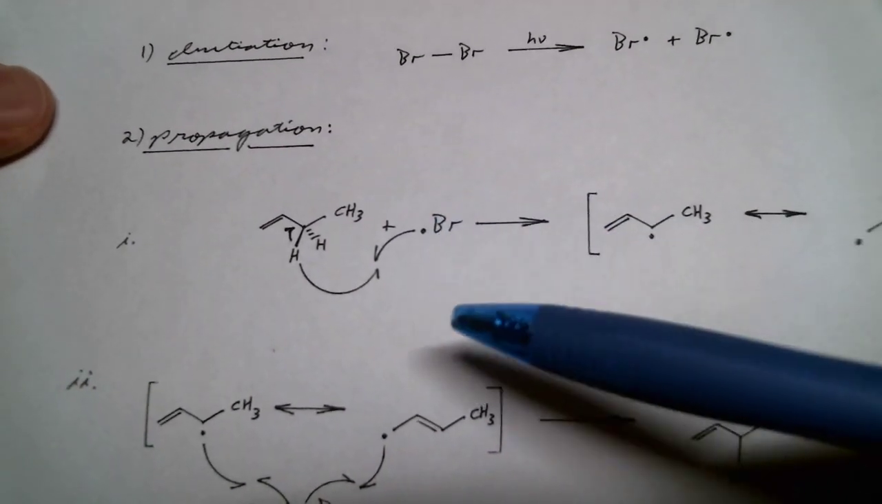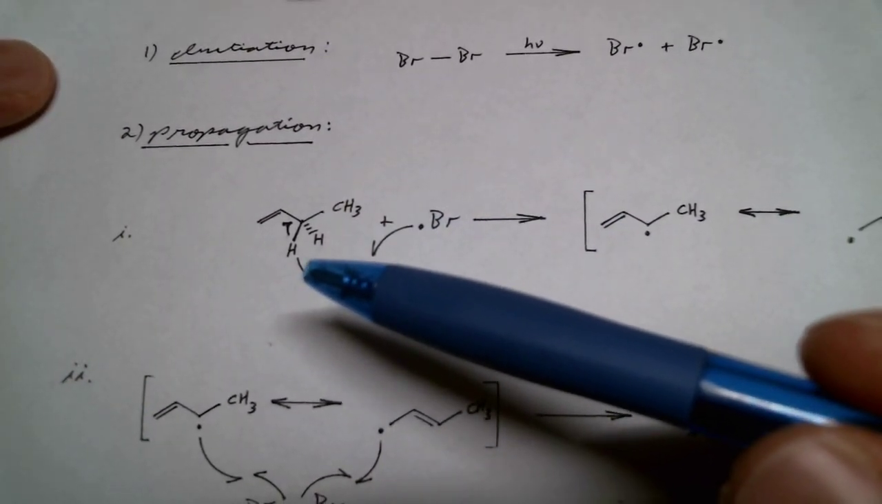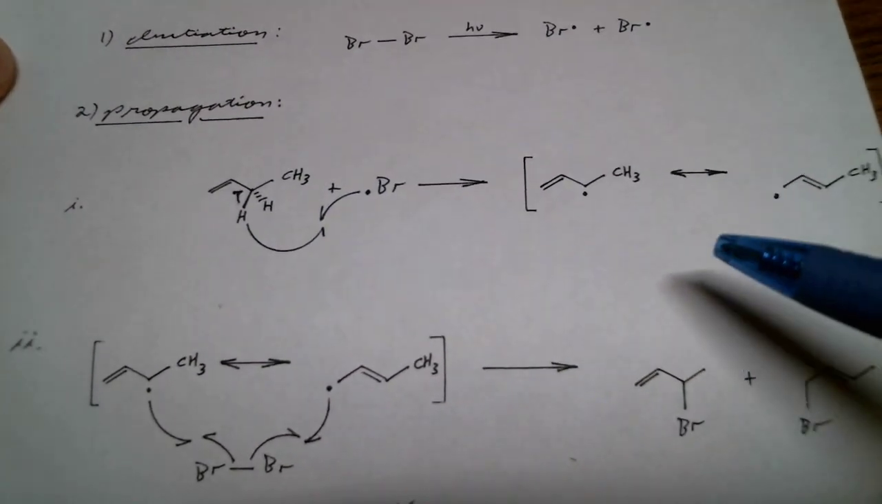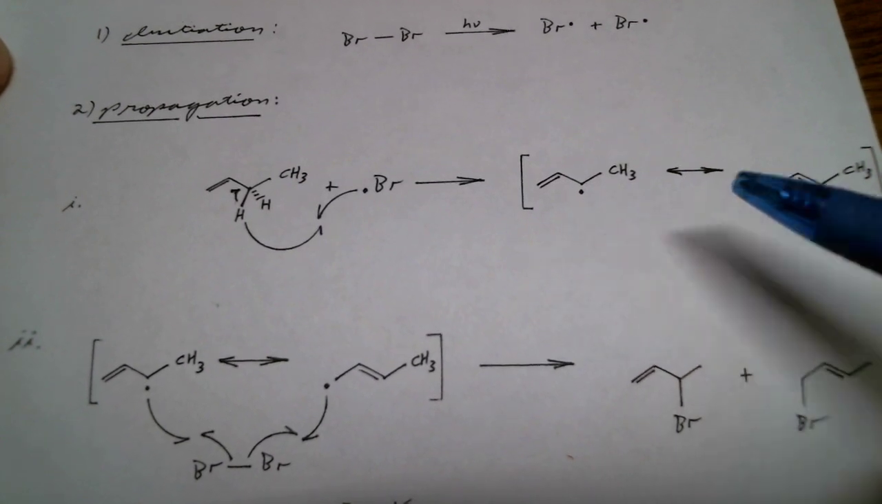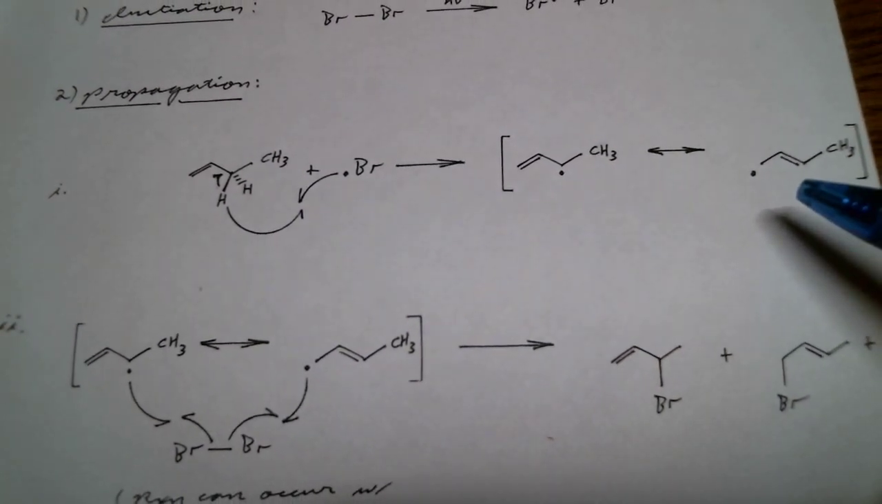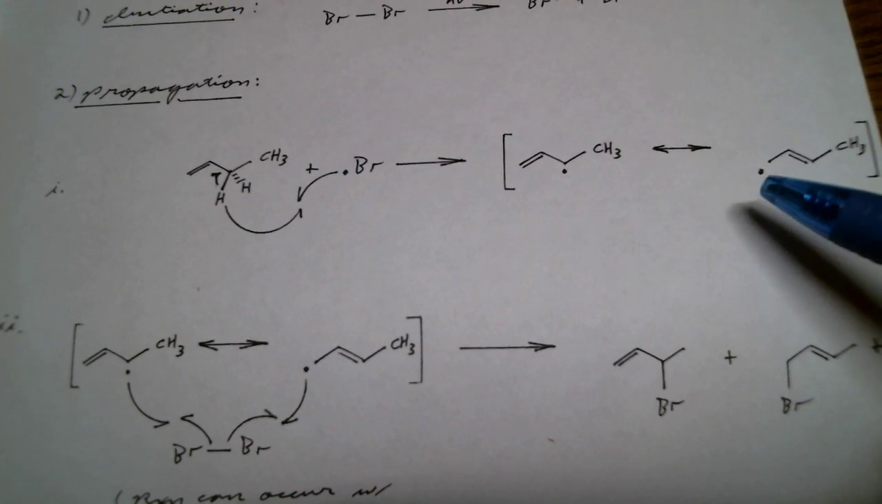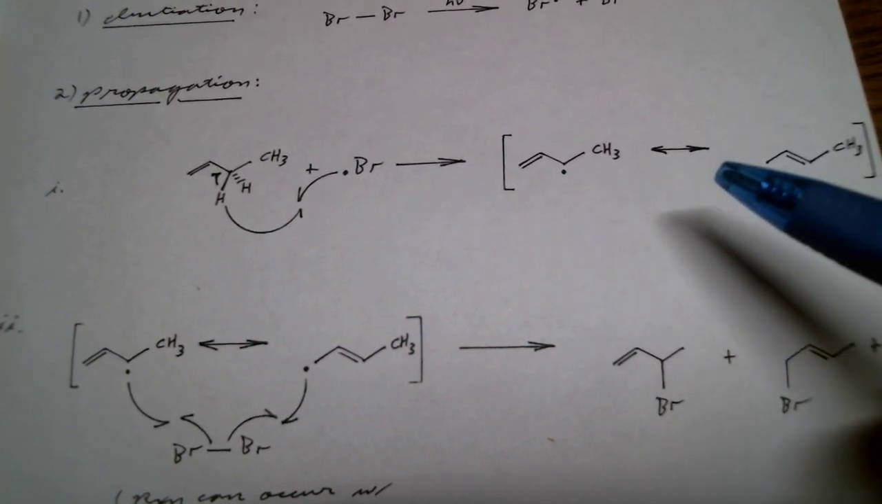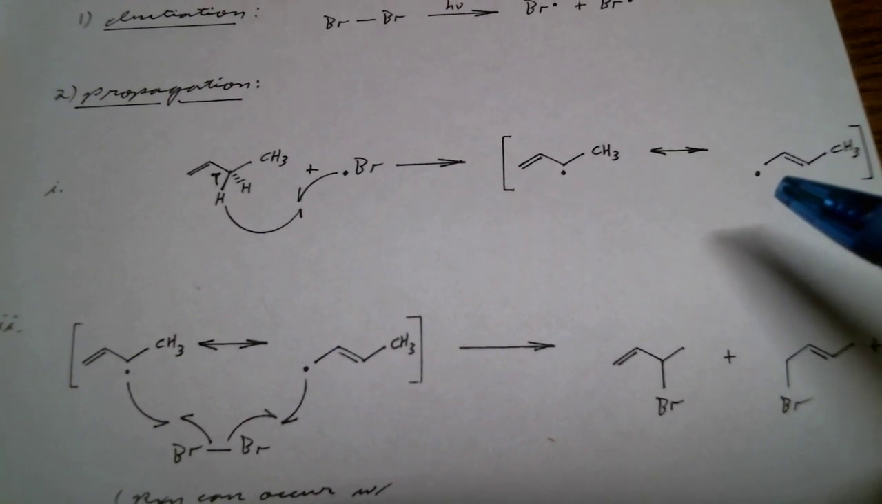Then, of course, propagation. We'll pluck off one of these secondary allylic hydrogens to form a secondary allylic radical initially, but of course this has a resonance form associated with it where we've got a primary allylic radical. And now it depends on which one of these resonance forms is preferred, which really is to say,